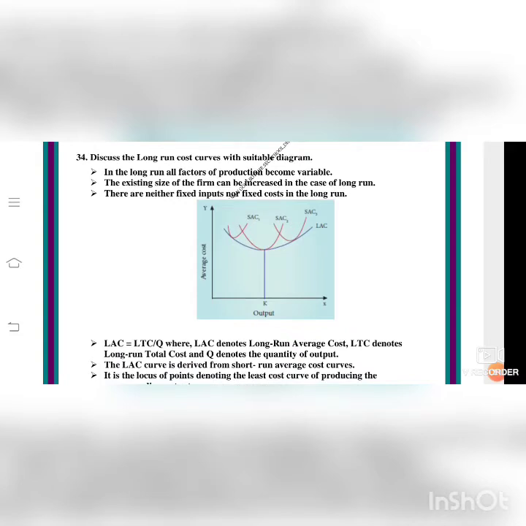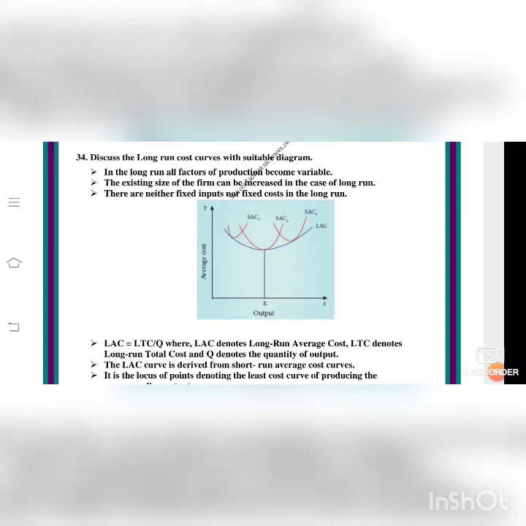In the long run means what? When production is made in large amount over a long time, it is called the long run. All factors of production become variable. The land, labor, capital will change. Why? Because the production is going on extending, isn't it? For example, a cereal business you can take. When it is extending, the storage will change. Like that, when the long run is coming, there is variability in the production factors.